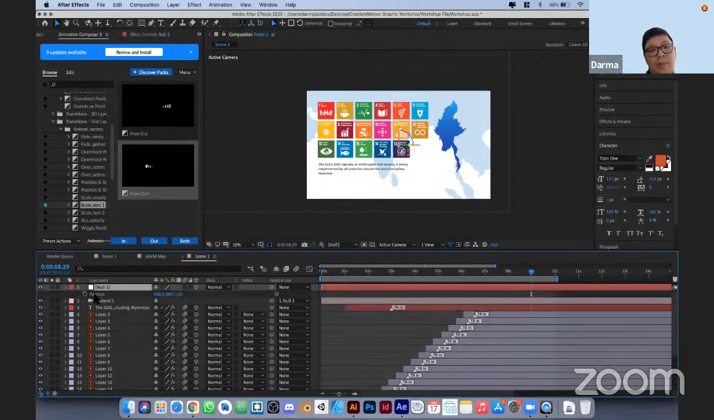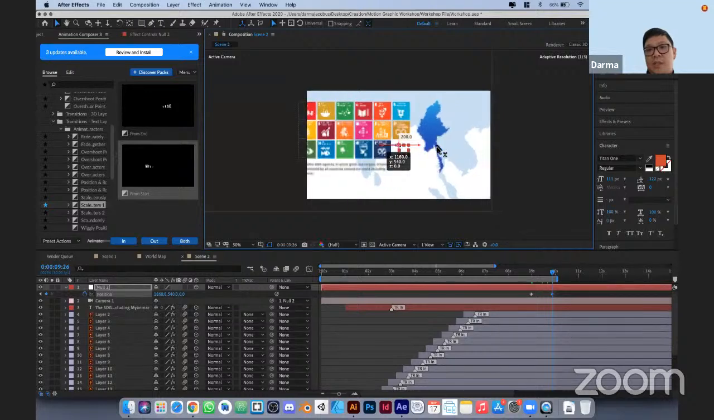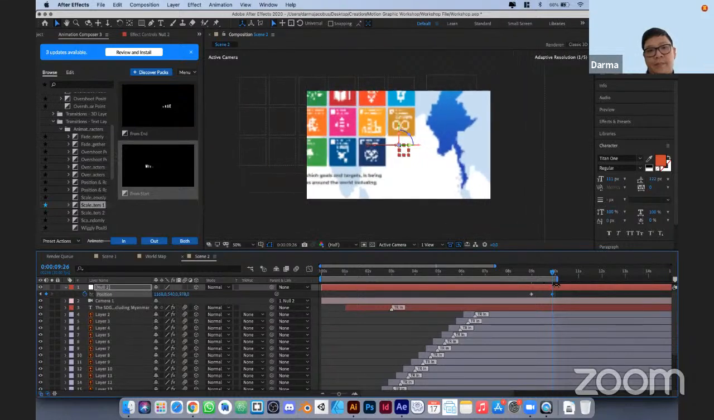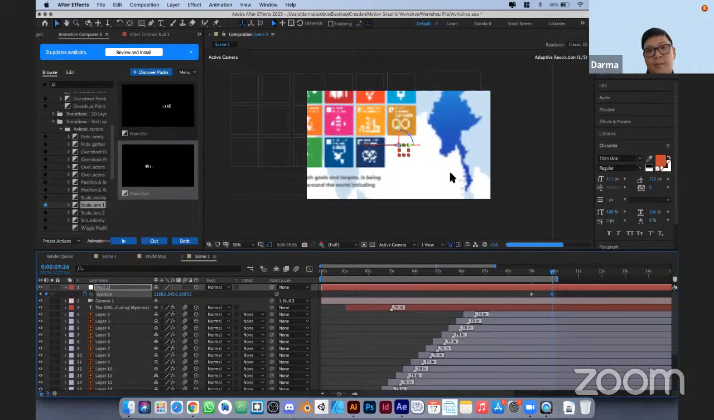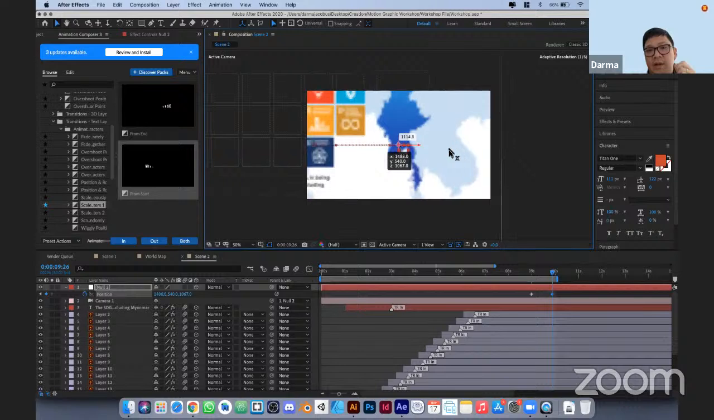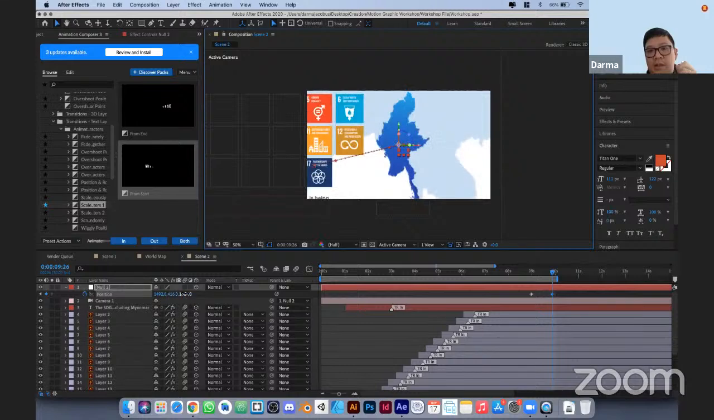Just hit P to open up the position. Click on the position in here. And then we will move this one in the X. And then we want to zoom in. And then we want to move again here, and make it a little bit up and zoom in again